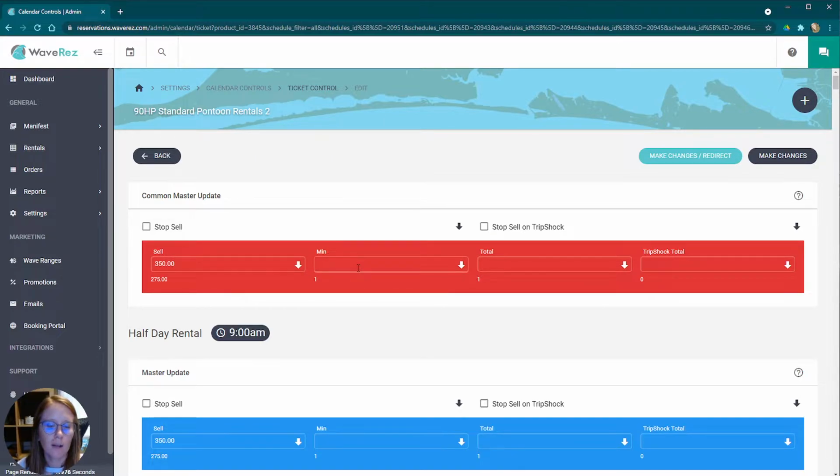Minimum field, that's if I have a minimum number of tickets that I want to mandate. If I want somebody to purchase a minimum of 2 tickets, then I could put 2 in here and change that for just this Labor Day weekend. If I wanted to change the total amount of tickets for every single time